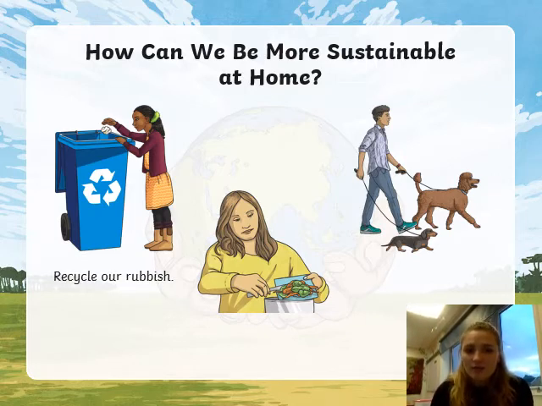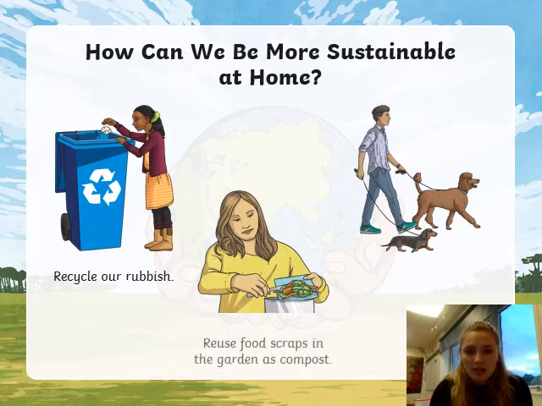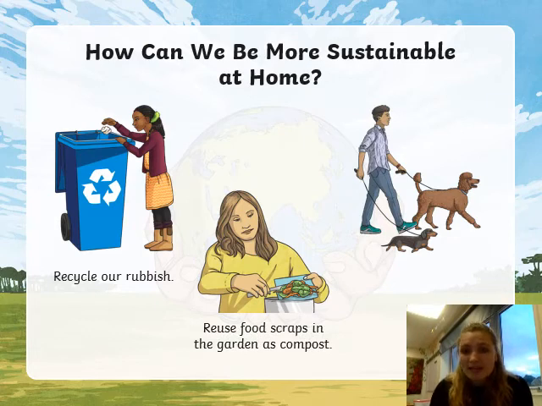Okay, so the first one, recycling our rubbish, putting it in the recycling bin. If it's a glass bin, the glass can be taken away, broken down and reused. We've also got putting your food scraps in the garden as compost. Instead of throwing the food in the bin, you can put it in as compost, which you can then feed your plants in the garden with. A lot of people, if you've got vegetables left over, could also turn it into things like soup and reuse it in that sense.